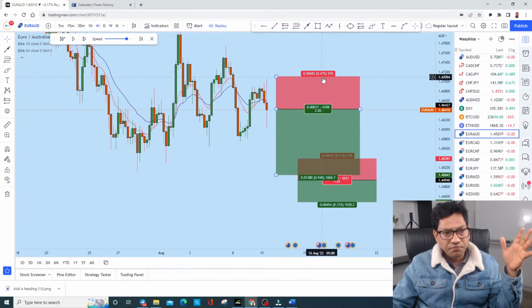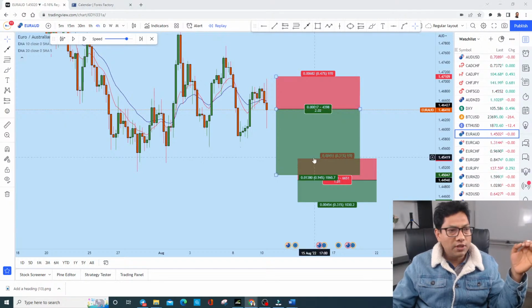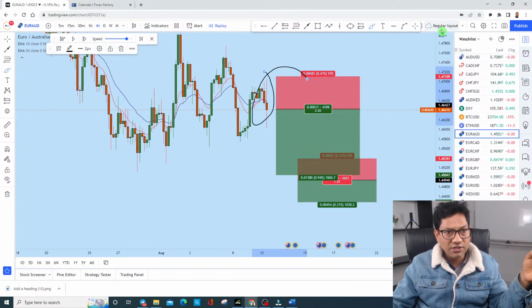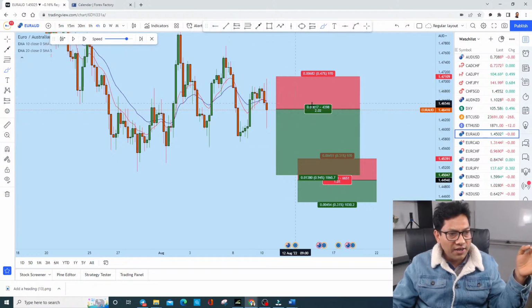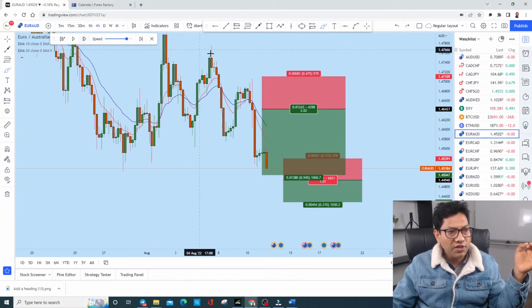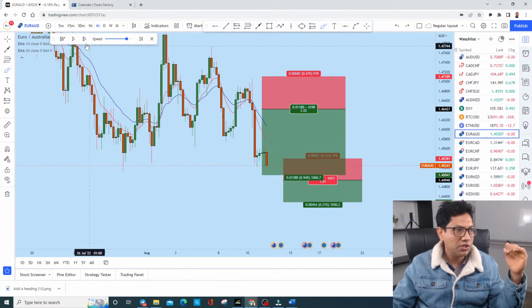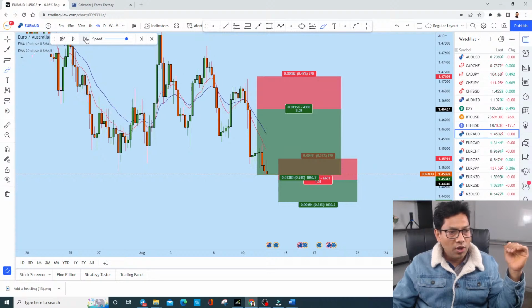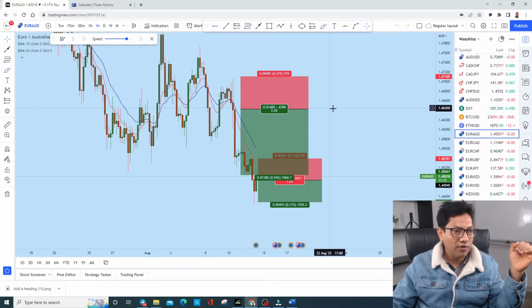Now on this one, you see that there's a middleman. If you don't know what a middleman is, you can find a link in my channel about the middleman. A middleman has been formed on Euro AUD during this news announcement, and with that middleman we traded this instrument, and the trade went exactly in the direction. We had a big profit target on this one, 3.5. Later we closed part of it at 2-to-1 risk to reward, just to see how it is going. Then we opened another position, and that one we closed with around 42 pips profit.